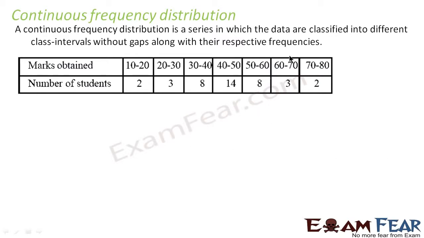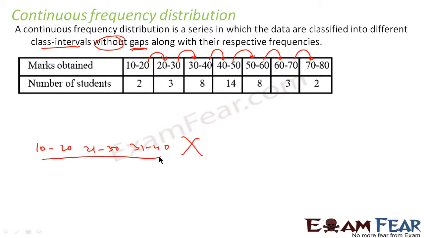In continuous frequency distribution, the data is classified into different class intervals without gaps. Please note, without gaps. For example, when I'm saying 10 to 20, the next is 20 to 30, then 30 to 40, 40 to 50, 50 to 60, 60 to 70. So there is no gap. If we have data like 10 to 20, 21 to 30, 31 to 40, this is not a continuous